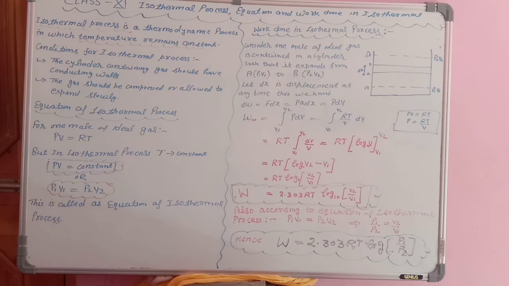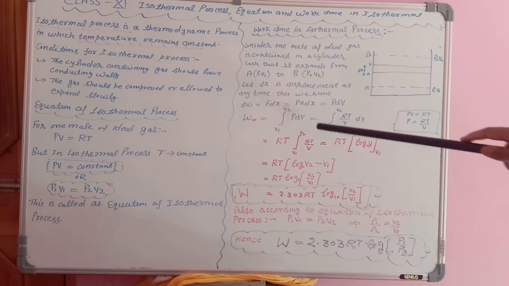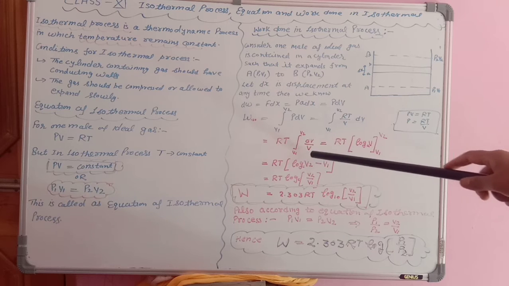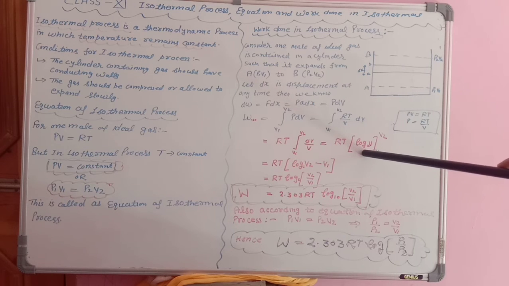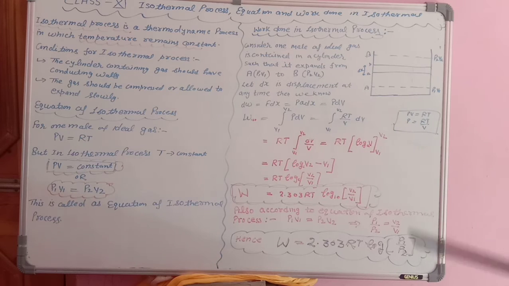अब R तो पहले से constant है, but in isothermal process T is also constant. So RT constant है, constants को हमेशा integration में बाहर लेते हैं. तो RT will come out, integration of dV upon V. Students, this formula you have written in the beginning in mathematical tools, that integration of dx upon x is equal to log of x. So integration of dV upon V is equal to log of V. But here I have written something that is base e. Logarithmic table is log 10 and log e. So here I have written log e. Okay, so how we will read it? RT log of V base e.